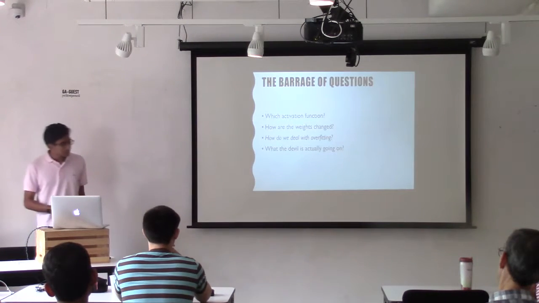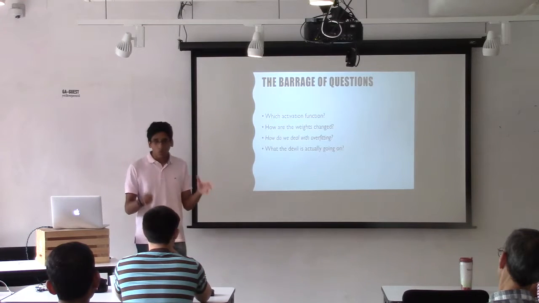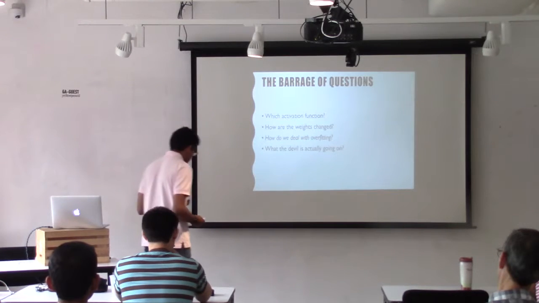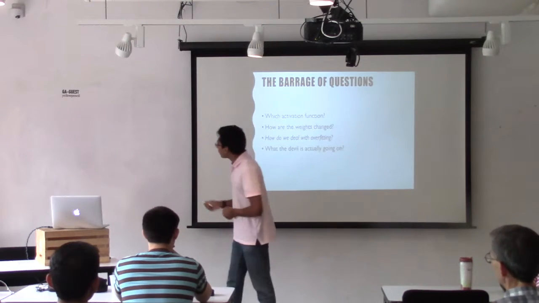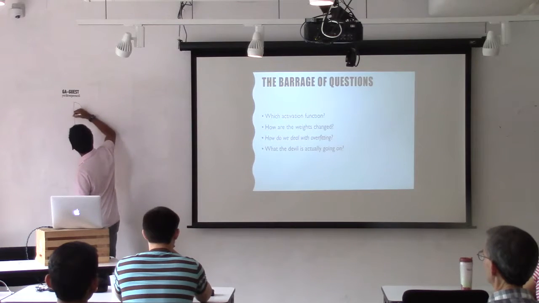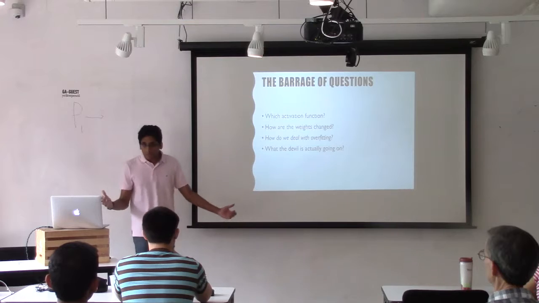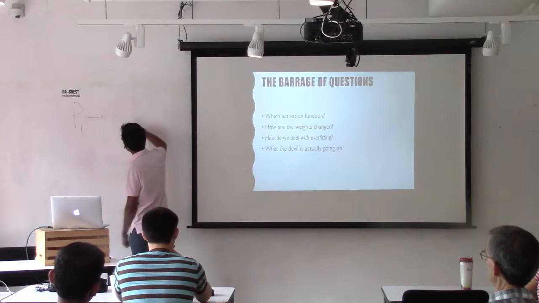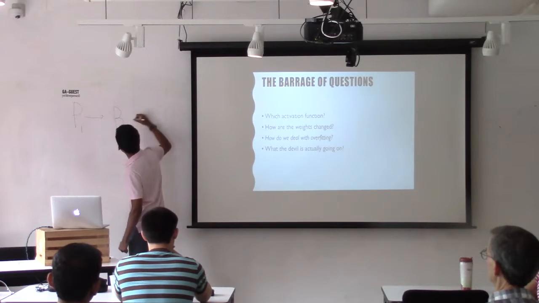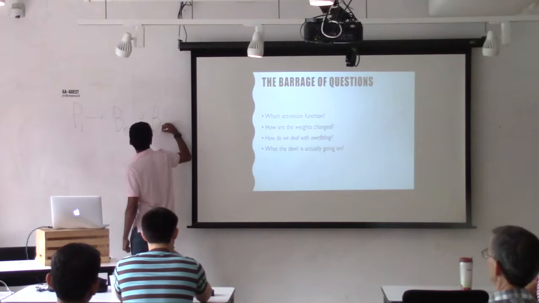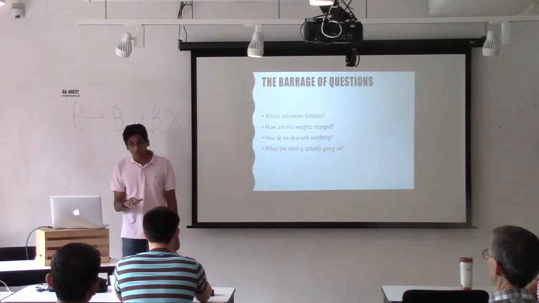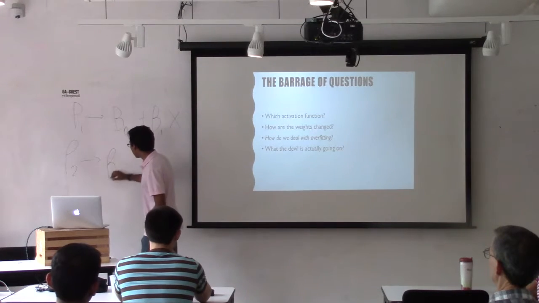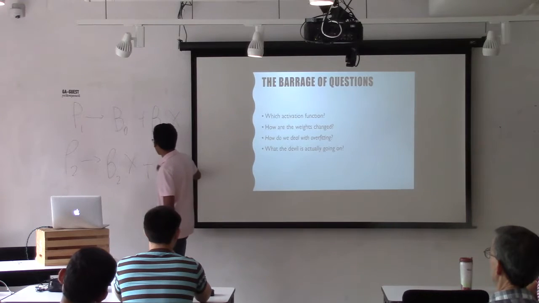Now, you must be wondering, it's fairly clear what a perceptron is doing, but what is actually going on? And this is a slightly tricky intuition to grasp. So I'm going to try to illustrate what it does. Let's say you have a single perceptron, okay? I'm going to call that P1. And perceptrons are just functions, right? So let's say these are going to be functions of x. Let's say P1 is just beta naught, that's some weight, plus beta 1 times x. That's all that perceptron 1 is doing. And then perceptron 2 is just doing beta 2 times x and beta 3 times x.